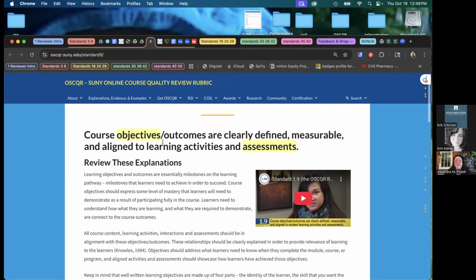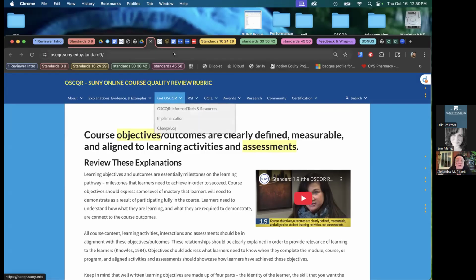And in this particular standard, you're looking to see, are the objectives well articulated, and is there content for each of them, and are there activities for each of them, and are there assessments planned for each of them? And then there are different nuances for each of those areas. So for example,